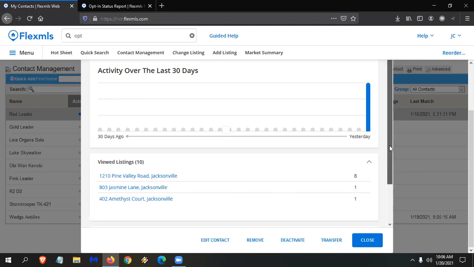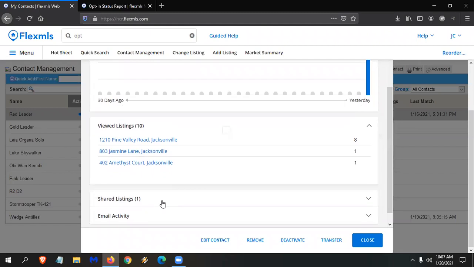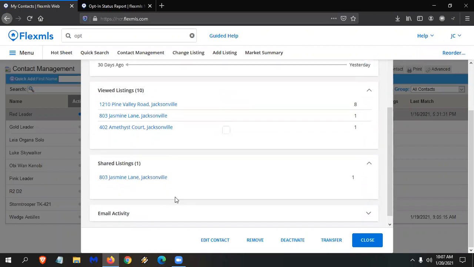Now, if we scroll down a bit more, we see shared listings. Remember I told you in the first hour, when your client's looking at a listing, they can hide it, they can save it, or they can share it. People tend to share listings with husbands, wives, boyfriends, girlfriends, that kind of thing. And so if we tap on the shared listing, we see,